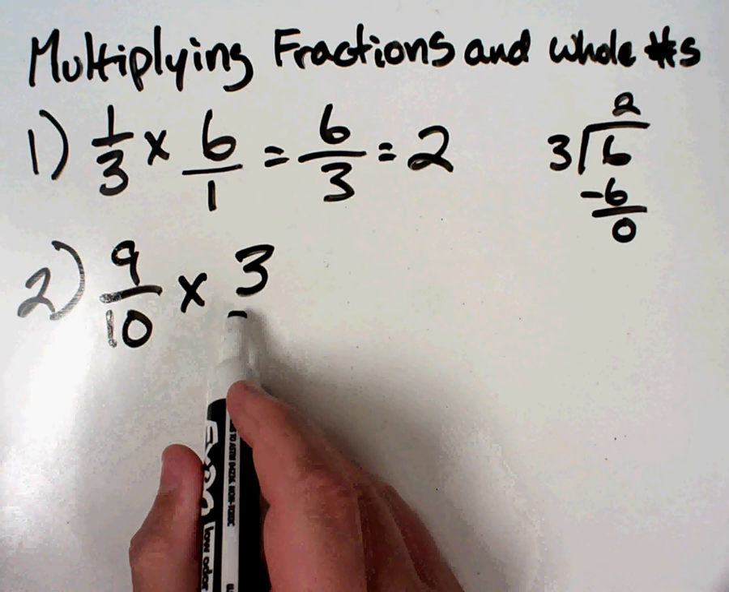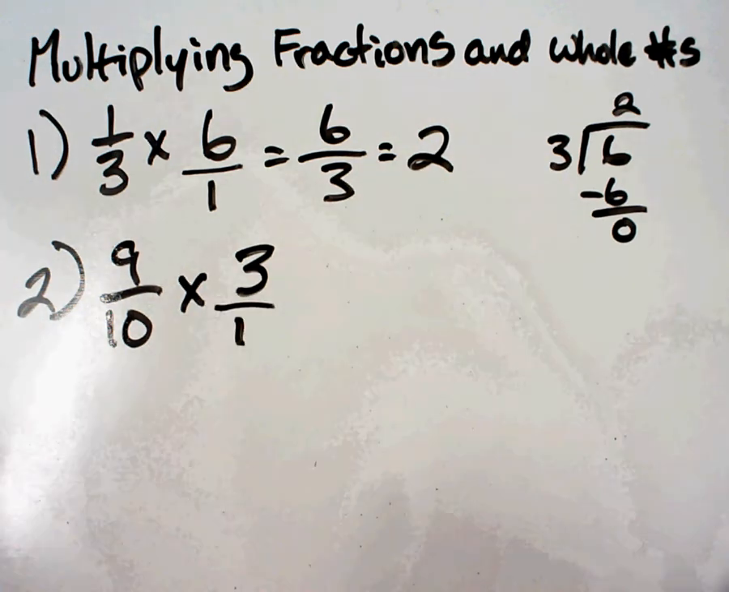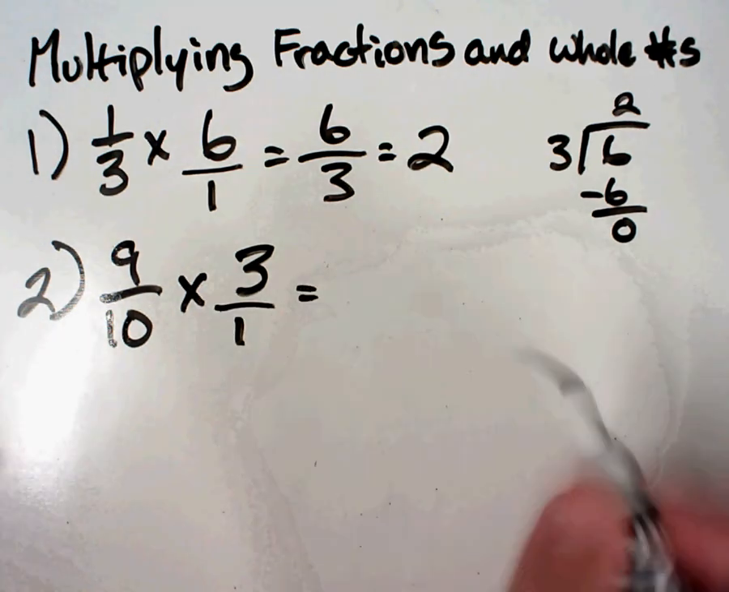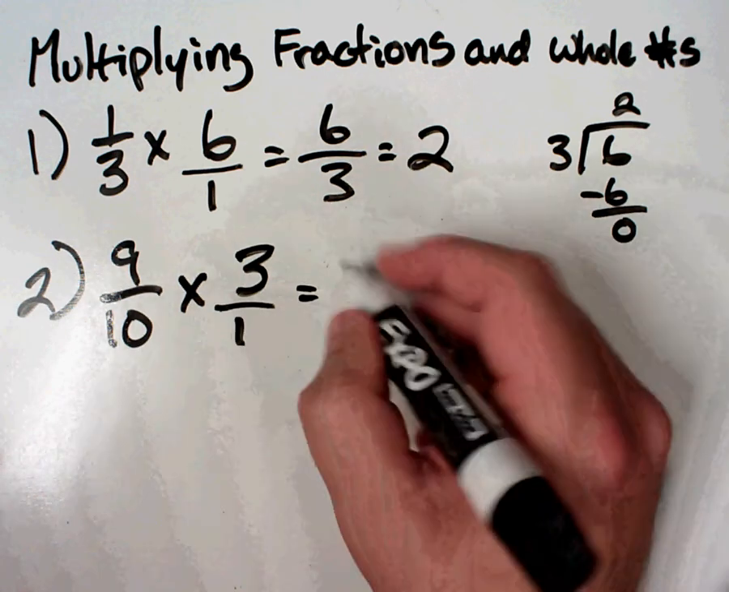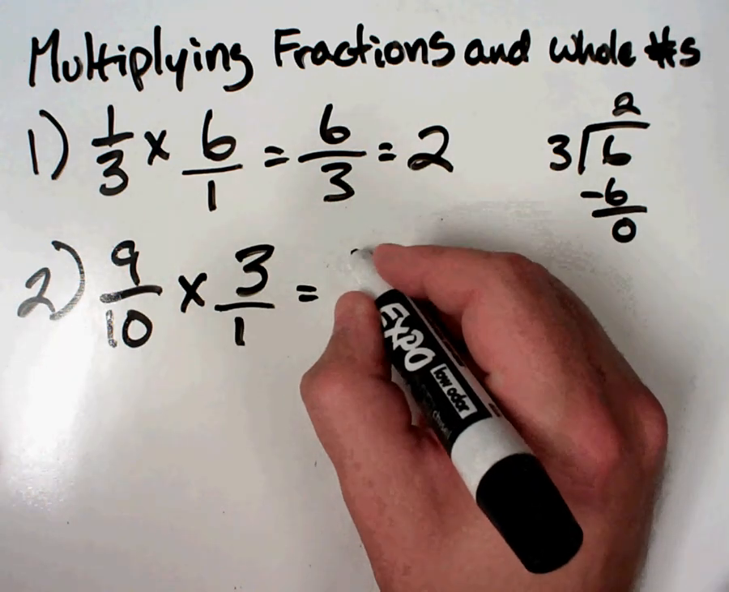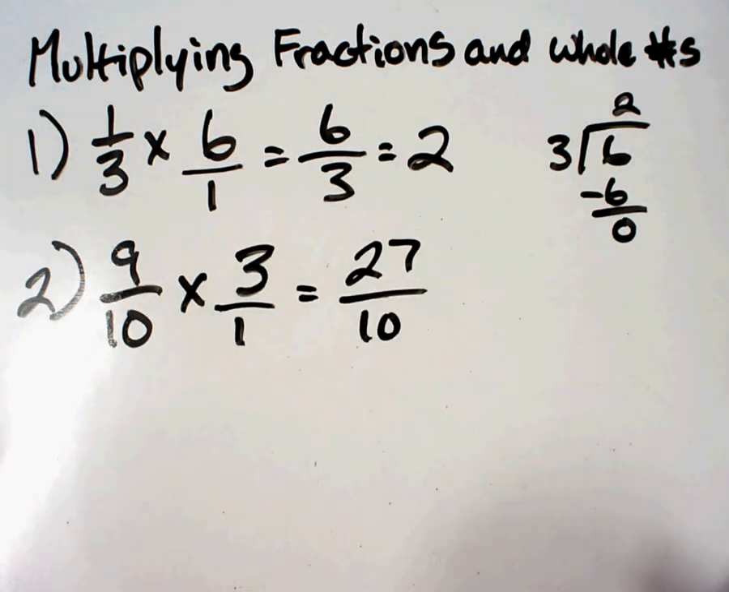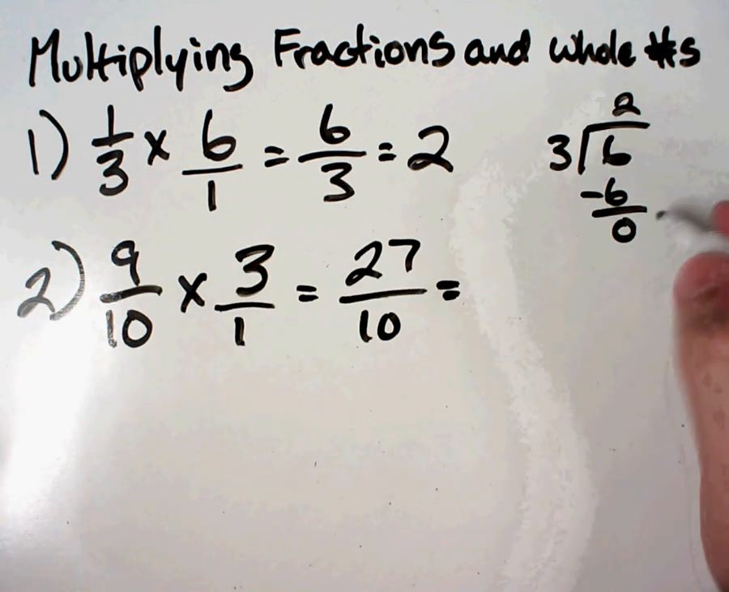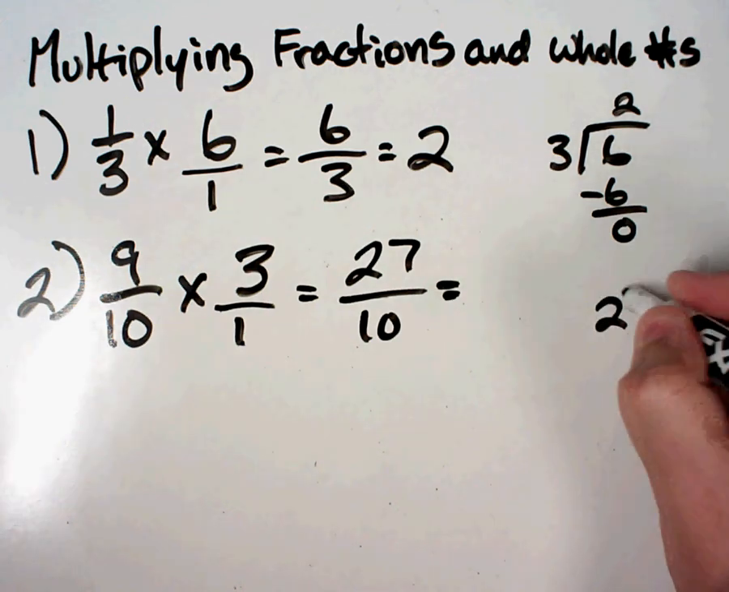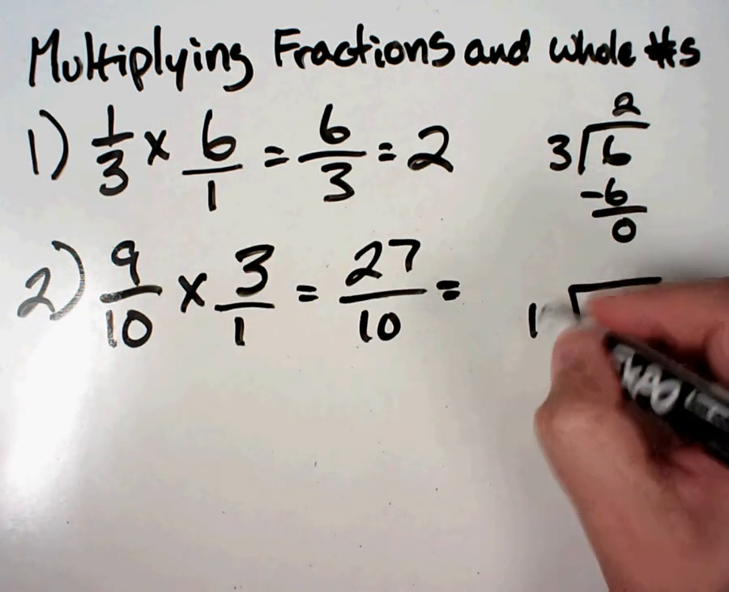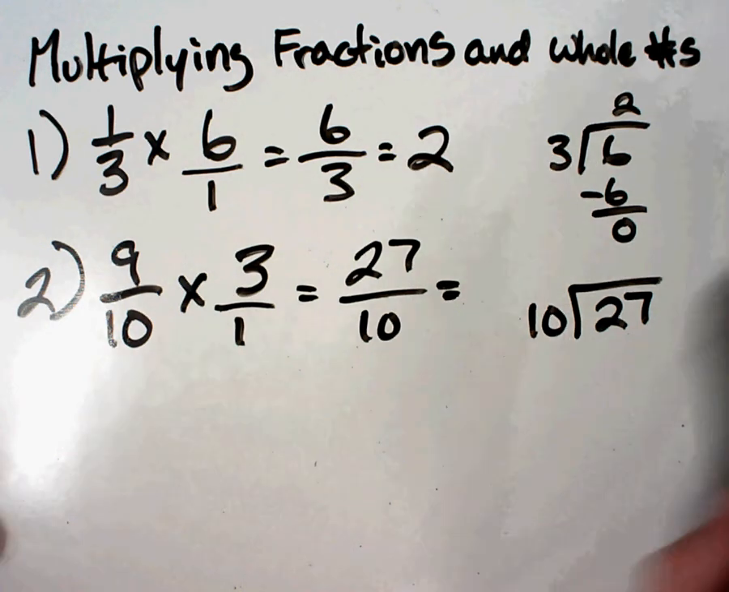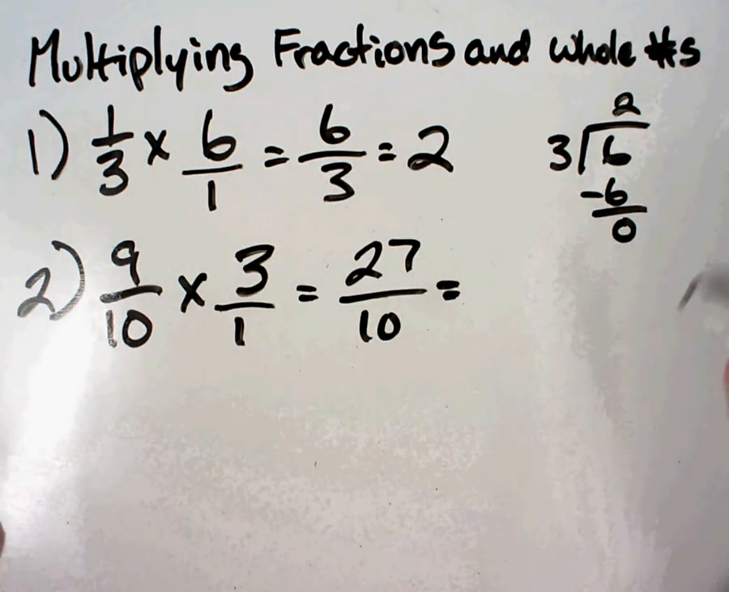Remember, 3 as a whole number is just 3 over 1. So I'm going to put my 1 underneath there and then multiply across. So I've got 9 times 3 gives me 27. 10 times 1 gives me 10. So I have to convert this improper fraction to a mixed number. So I'm going to have 27 divided by 10. Actually, I'm going to scoot that over a little bit so we can have our final answer